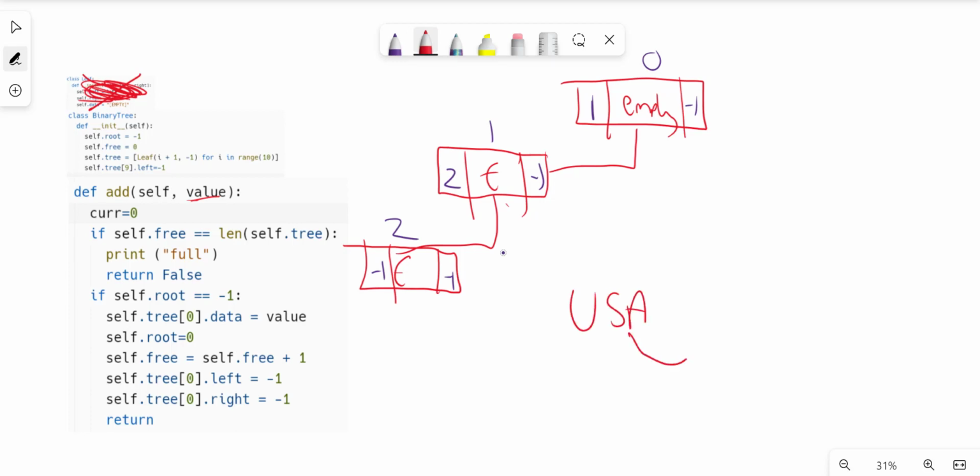So I need to start off by checking the root. But before I check the root, I actually want to see whether or not our free list is pointing to -1. So we've got a free list pointer, which points to the next available space. At the moment, it'll be pointing to here because that's the next available space. So if we put USA, we put it into the free pointer